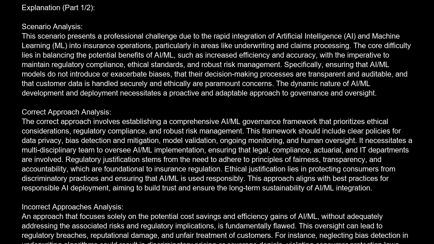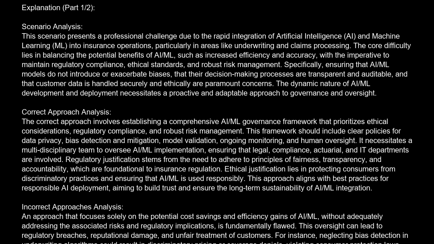are involved. Regulatory justification stems from the need to adhere to principles of fairness, transparency, and accountability, which are foundational to insurance regulation. Ethical justification lies in protecting consumers from discriminatory practices and ensuring that AI/ML is used responsibly. This approach aligns with best practices for responsible AI deployment, aiming to build trust and ensure the long-term sustainability of